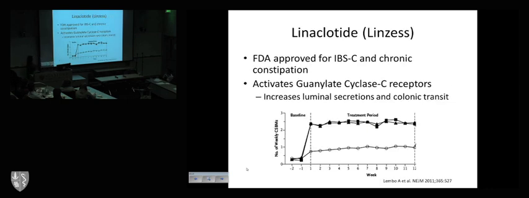The other one, which came out about a year ago, is Linaclotide or Linzess, which is FDA approved, again, also for IBS-C and chronic constipation. It activates guanylate cyclase receptors and, again, increases luminal secretions and colonic transit, but this is using the CFTR chloride channel instead of the CLC2 ones. And again, you see here, this one is looking at the complete spontaneous bowel movement. So patients feel like they've had a good bowel movement and not just an inadequate bowel movement. And you see that while on therapy, there is an improvement in symptoms.